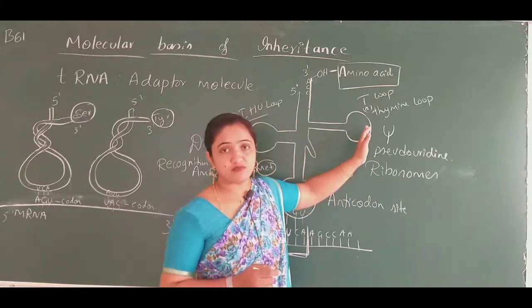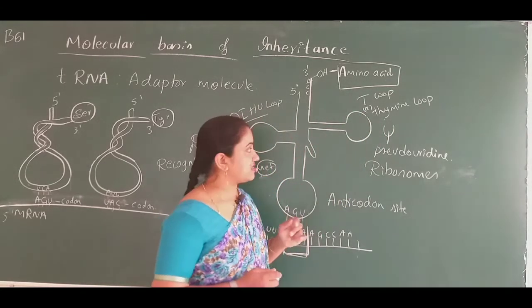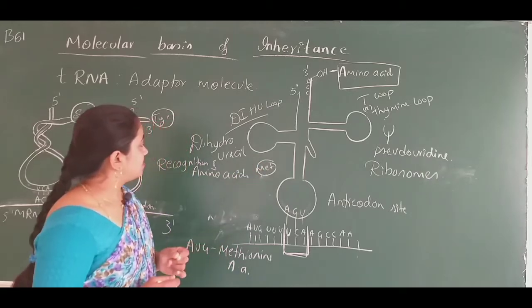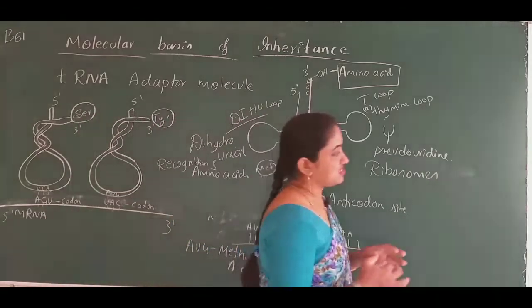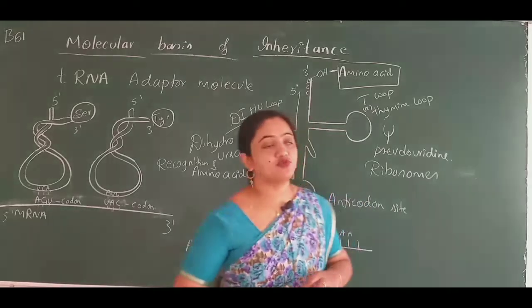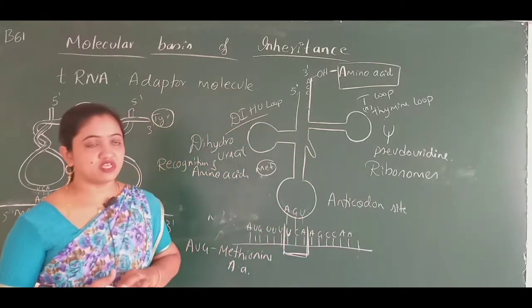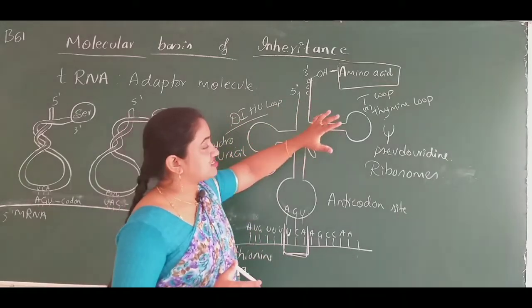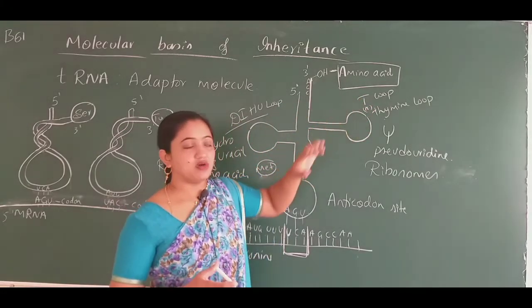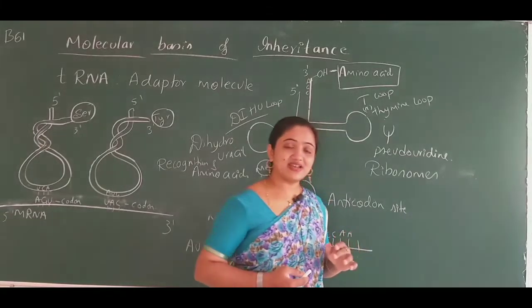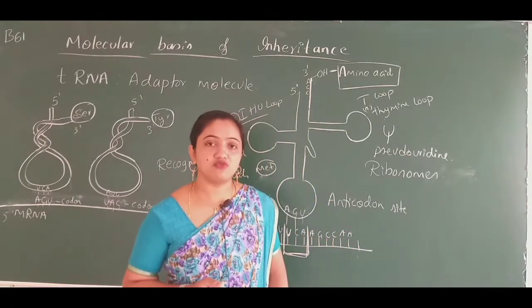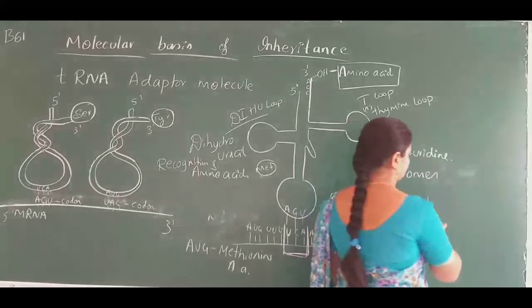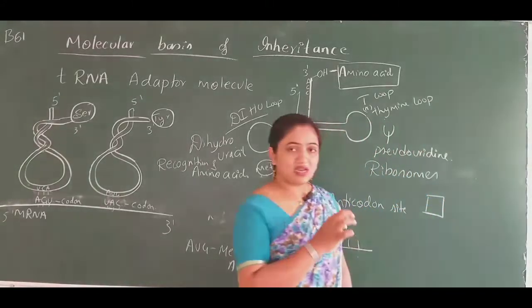What is the role of ribosomes here? That I'll tell you. One arm is recognizing the amino acid, that's why it is known as an adapter molecule. And one more thing you have to understand here. This tRNA is transferring the amino acids. So what is our aim? We have to understand how the protein molecule is synthesized. Consider, I'll write a simple